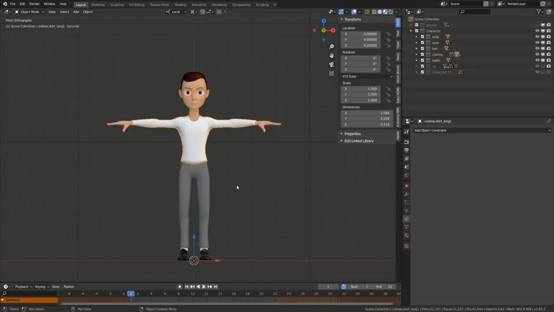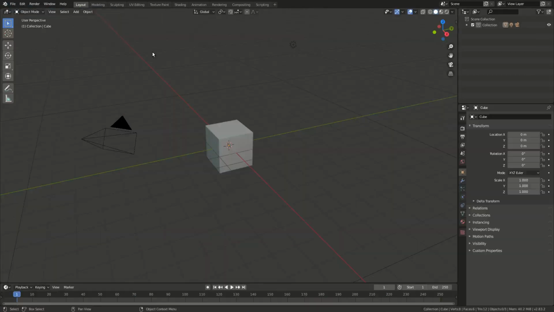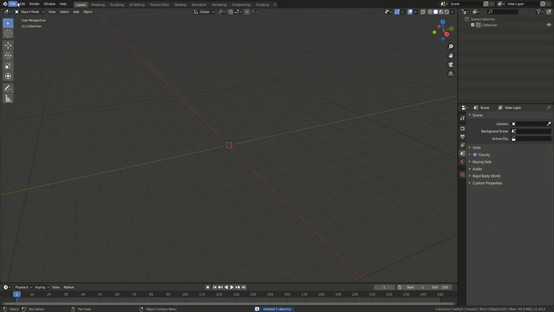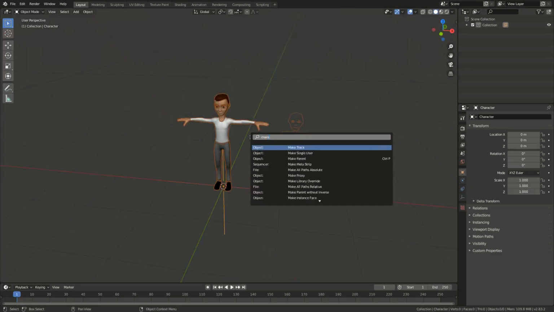When I was linking the character in another file, this was happening. So let's say here's the rig. This is the original file, right? I'll save this, then start a new file, delete everything, and link the file that I just changed. So let's link the character, go to collection, and then link the character, right? And then if I make proxy